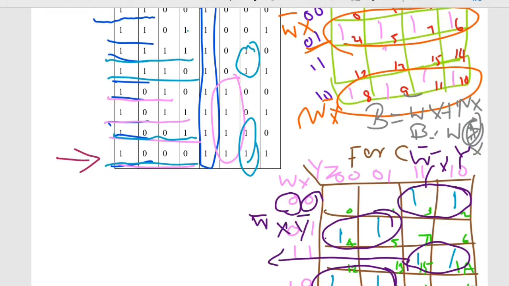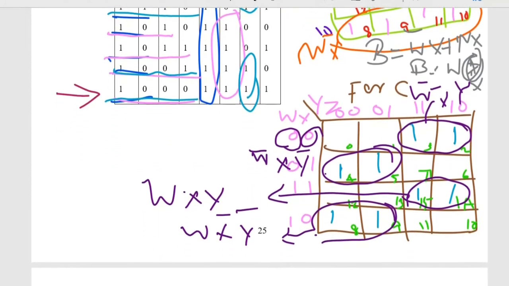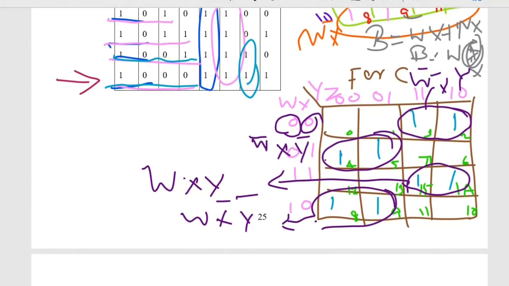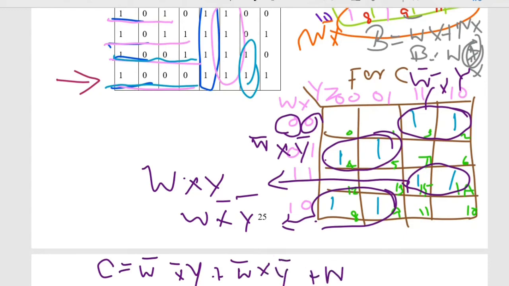Then here W X Y. Then here W X bar Y bar. To consolidate and write the expression, C equals W bar X bar Y plus W bar X Y bar plus W X Y plus W X bar Y bar. Now we need to reduce the same.